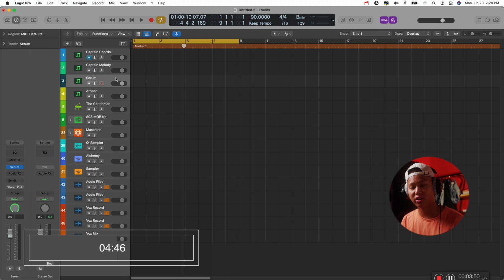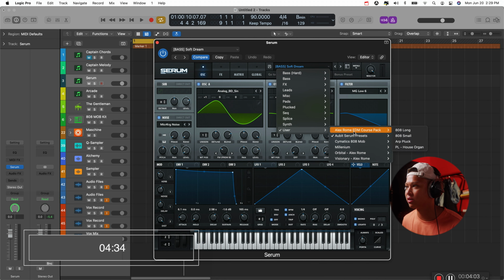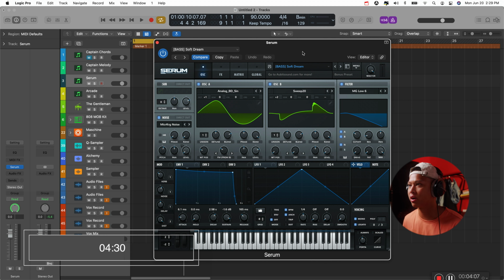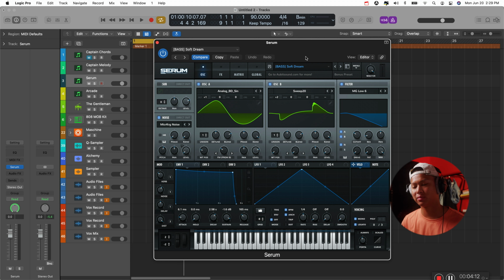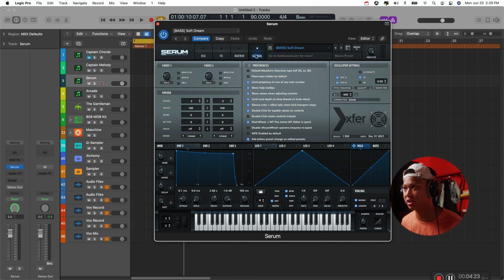Now moving on to Serum. Serum by Xfer, whatever it's called. Serum is my favorite synth by far. I have a bunch of different Serum packs here, and then they have their native packs as well, but this is my go-to synth for any type of EDM music that I'm trying to make, or just hyper pop, that kind of thing. I just love all of their different parameters and everything that you can get by using Serum.